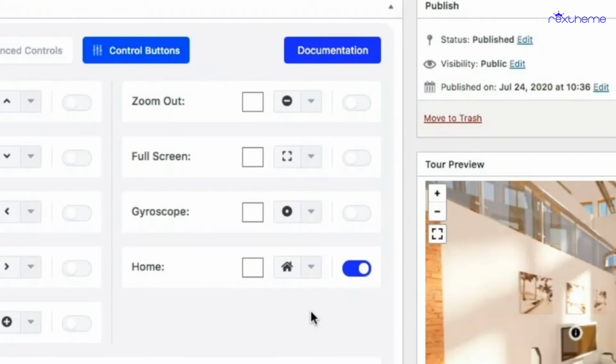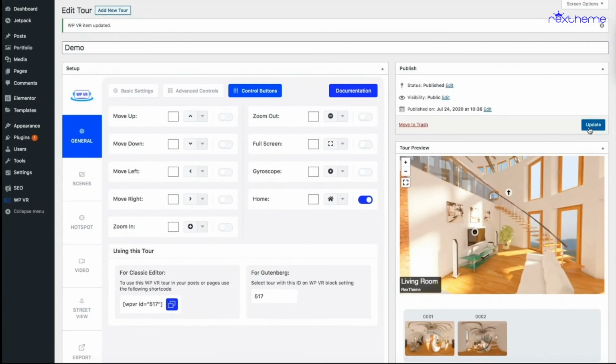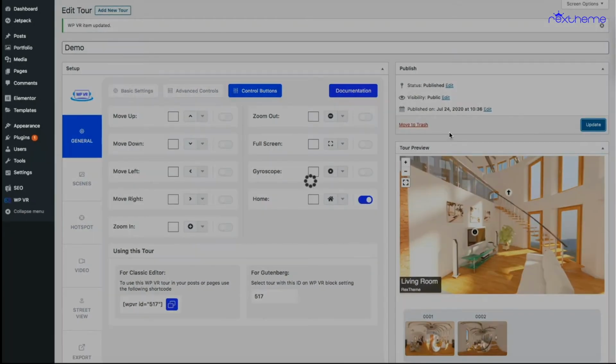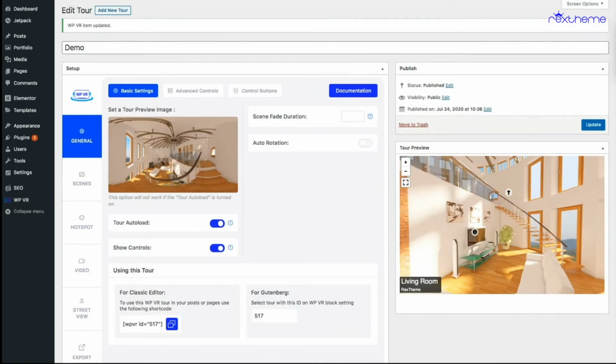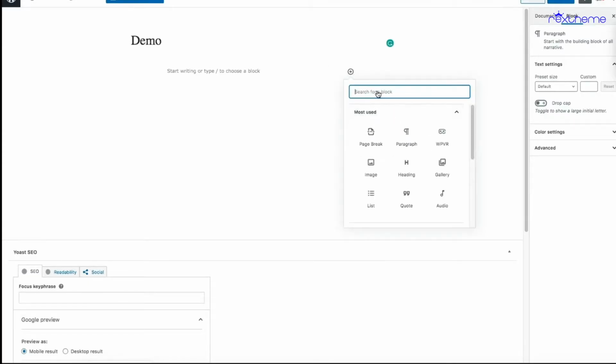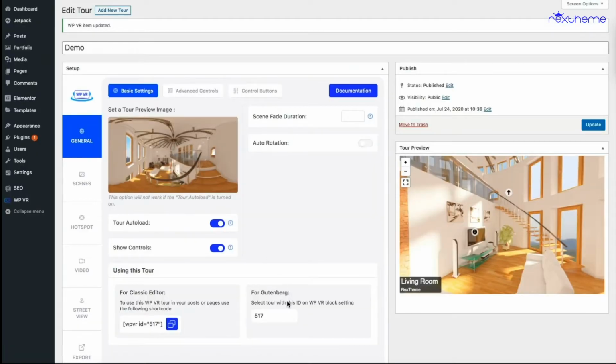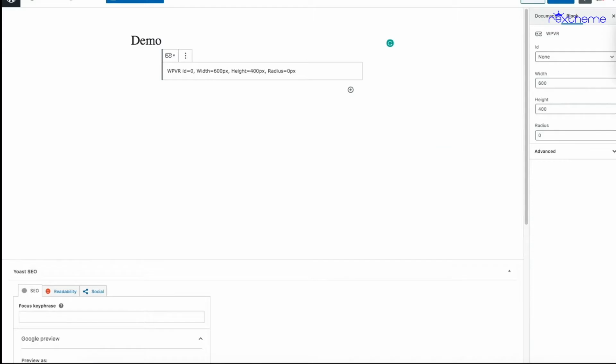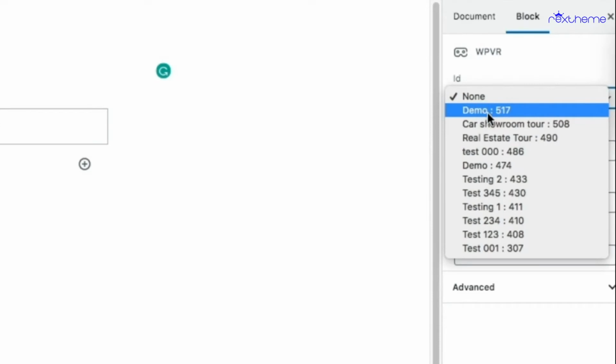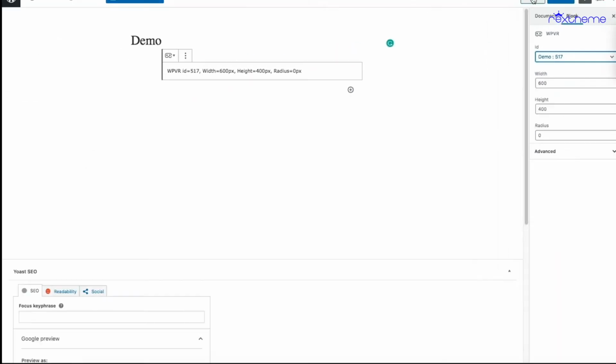As I've said several times before, when you use custom buttons or any custom icons, it is not visible at the back end. You have to publish the tour, embed it on a page, and then you can see how it looks. So for this one, let me just update the tour, and once it's updated, let me go to a new page and embed it using a Gutenberg block. This is called demo, the ID is 517, which is basically the first tour. I'll just select it and preview,